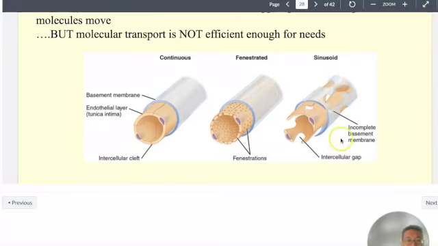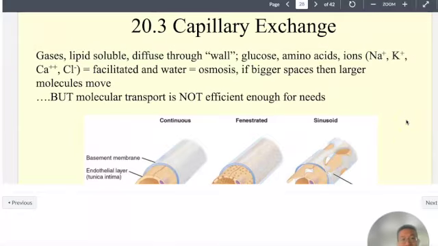So remember three types of leaking. Capillary exchange, gases, lipid soluble, diffuse